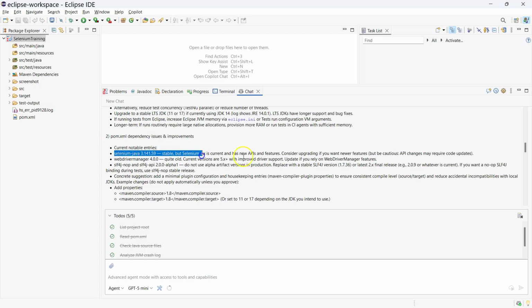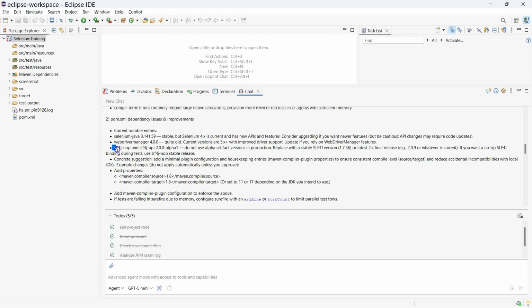That is stable, but 4 is the latest version, so we should be going ahead with the latest version. WebDriver Manager is quite old. The current version is 5.x, but because we have Selenium 4.0, we don't need WebDriver Manager anymore. It's by default part of Selenium 4. Okay, so all of the outdated dependencies in pom.xml have been suggested very clearly by